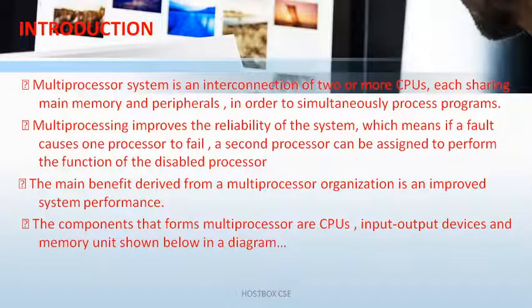Let's assume there is a system with an interconnection of two or more CPUs. In one computer you have two or three CPUs, say CPU 1, 2, 3. If CPU 1 has some trouble, it will get help from CPU 2 and continue the task being done in the system. If CPU 2 has any problem, it will connect with CPU 3. It improves the speed, and if there is any big task you can share it among the CPUs and finish it as soon as possible.